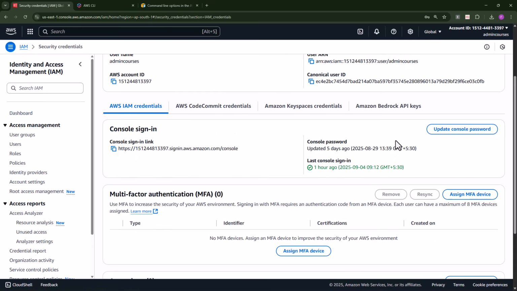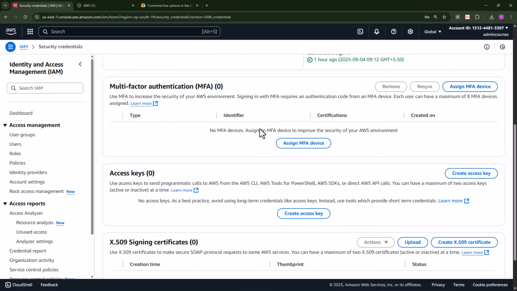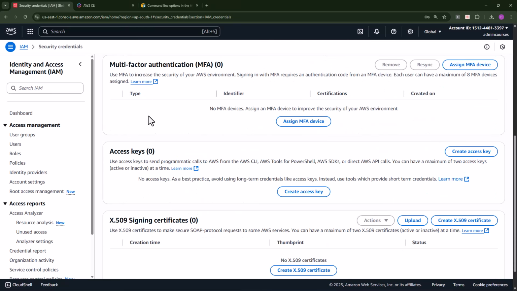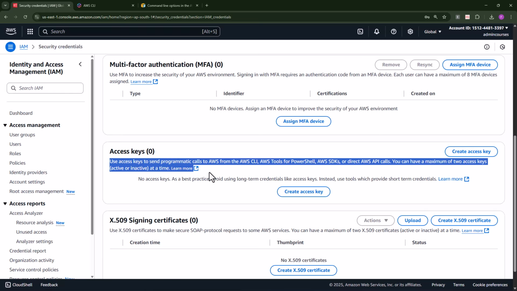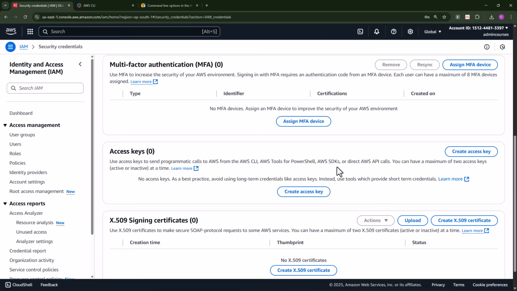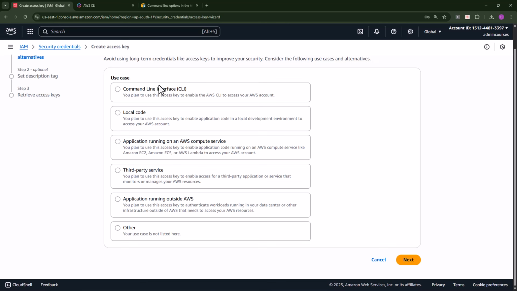Go to security credentials, and here you will see all the security credentials for your account. Just scroll down and you're going to see different things. This is for multi-factor authentication, and here you have something called access keys. Here you can see use access key to send programmatic calls from the AWS CLI, AWS tools, PowerShells, all of this. Okay, so you can say create an access key over here, and it is going to ask you